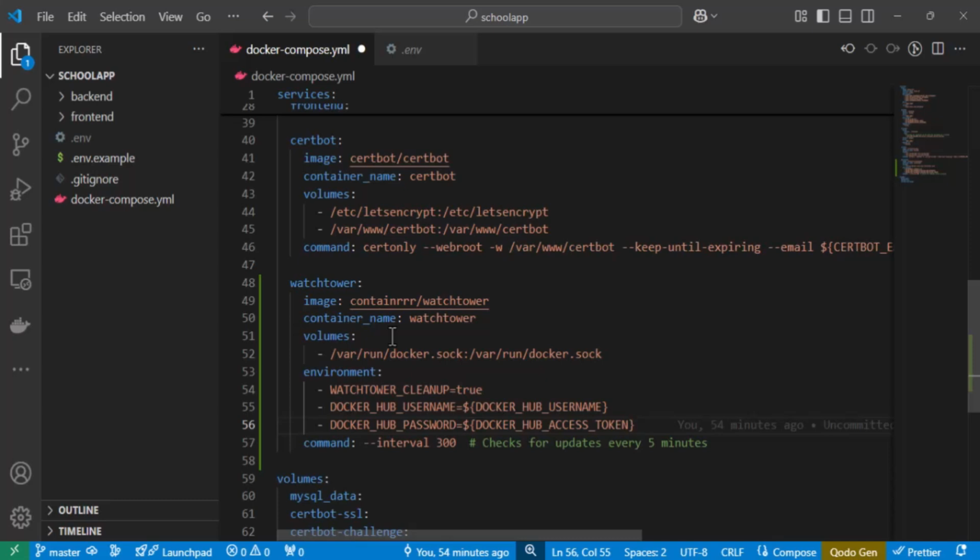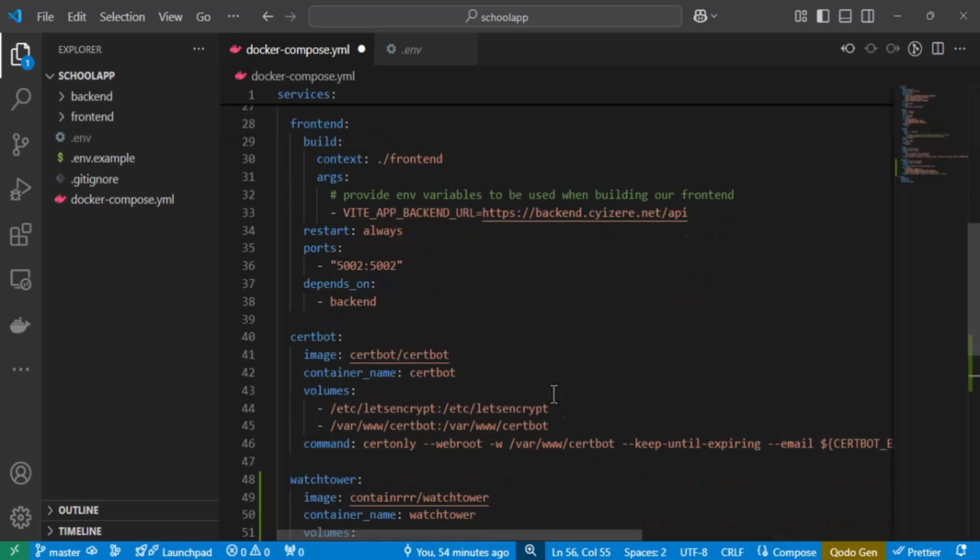So basically, every time we push the changes to our GitHub repo, the GitHub Actions that we have configured will go ahead and build Docker images which contain all those changes that we have pushed, and push that image to our Docker Hub account. After the image has been pushed to our Docker Hub account, Watchtower will be watching for any changes within our images. Once it finds the images, it will go ahead and redeploy that specific service, which means that we are no longer going to use